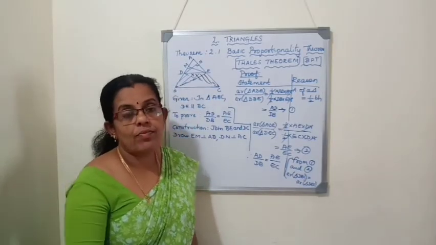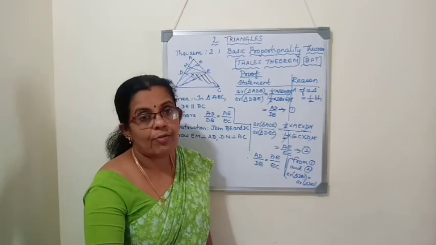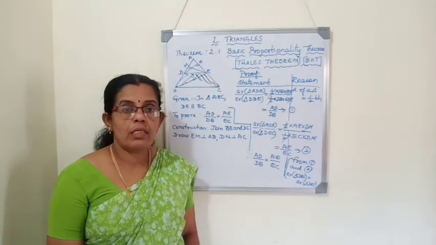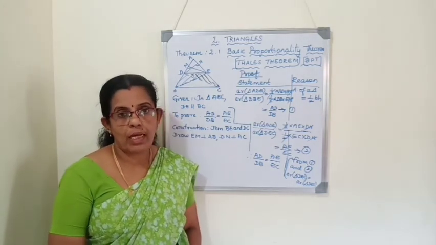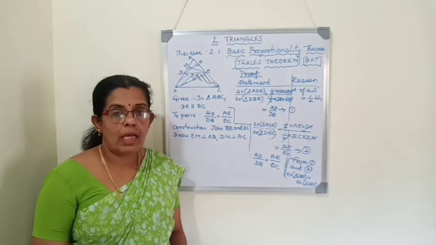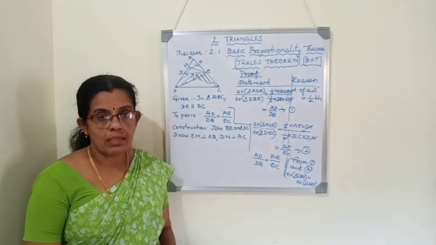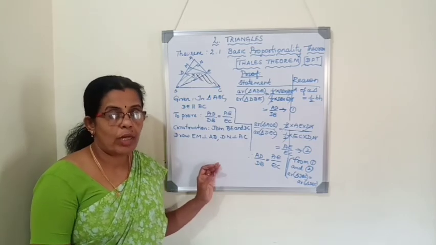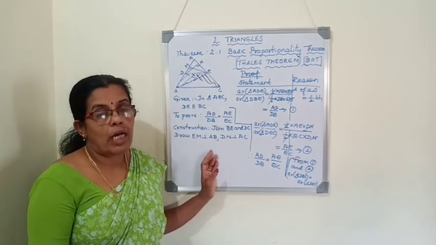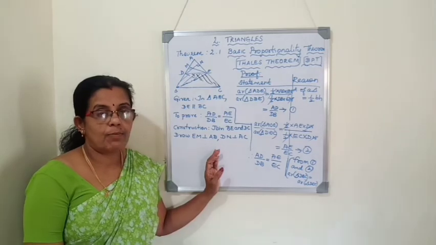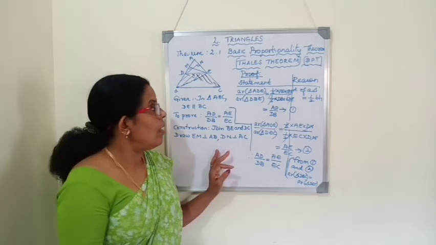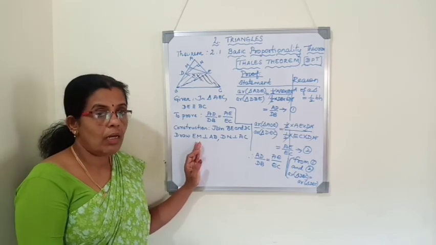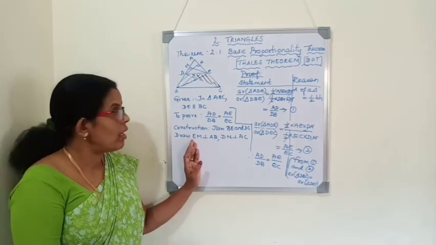In today's class, we discussed similar figures and congruent figures. Congruent figures have the same shape and same size. Similar figures have the same shape but differ in size. Then we discussed similar polygons. Similar polygons means corresponding angles should be equal and corresponding sides should be proportional. All congruent figures are similar, but all similar figures cannot be congruent.